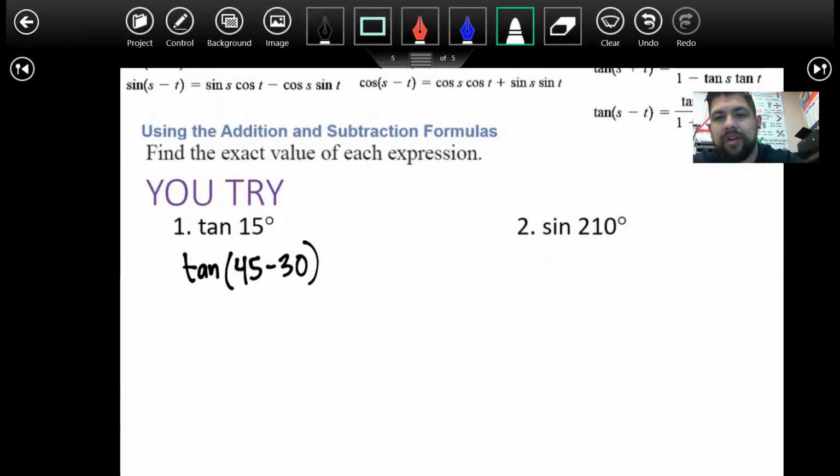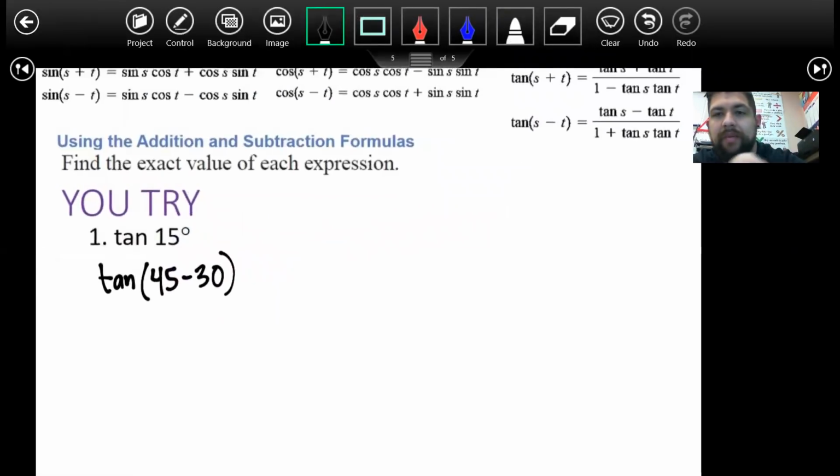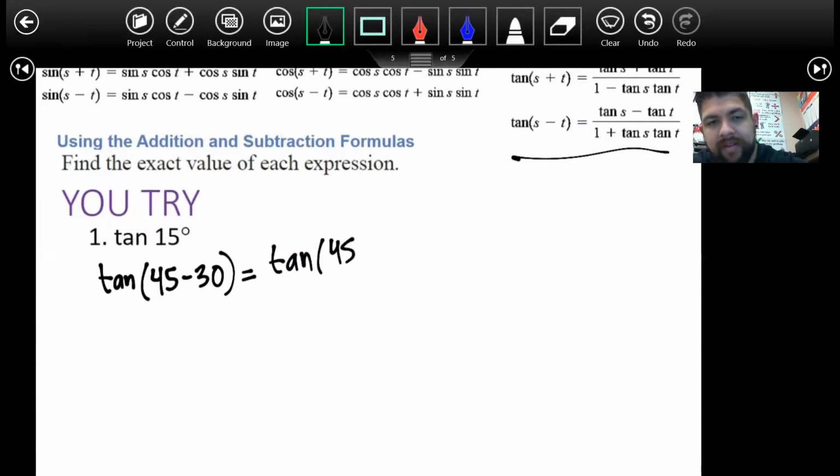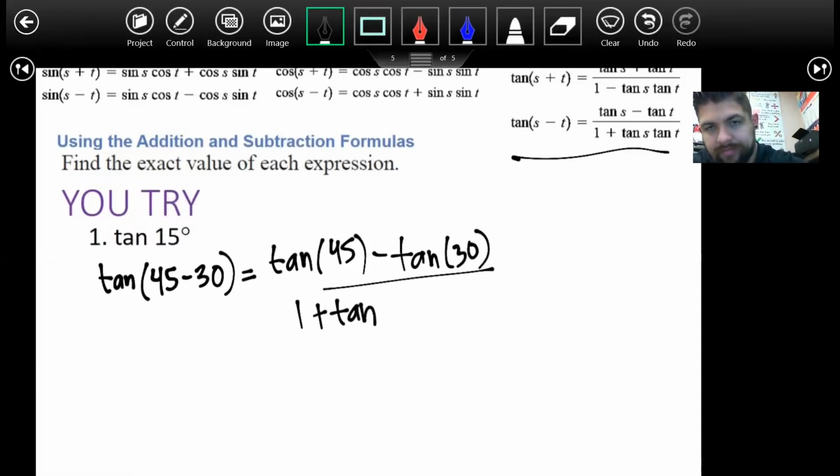Maybe I just didn't choose a good number. 210 you guys can do later. I want to be able to use my bottom one, and we're going to go ahead and set it up. So tangent of 45 minus tangent of 30, over 1 plus tangent of 45 tangent of 30. And again, we're going to set these parts equal, and we're going to find out what those